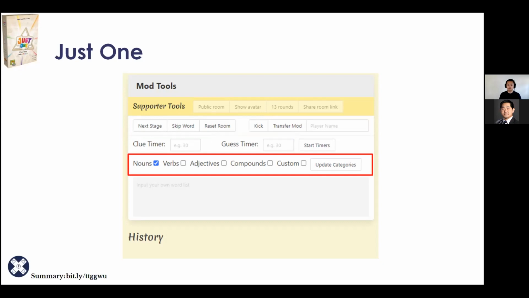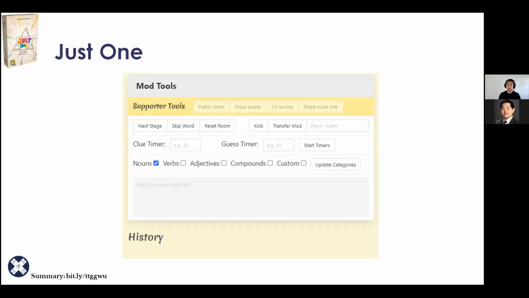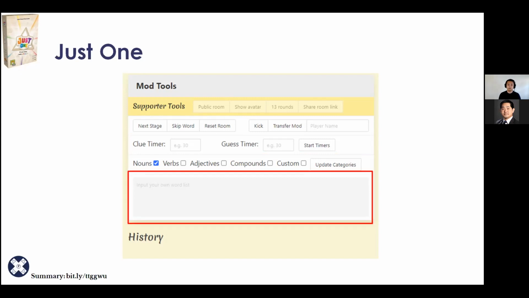And then down here, depending on who you're playing with and how difficult you want this to be, you can limit the kinds of words that come up randomly. So the default is nouns, but you can also include verbs, adjectives, compound words, or a custom list of words. I've seen some instructors and professors and teachers use a custom list of words if they're specifically teaching with a vocabulary learning outcome in mind. This is a really great way to teach that specific vocabulary because you can upload your own list of words directly to the website. All you have to do is cut and paste it directly into this box here below.